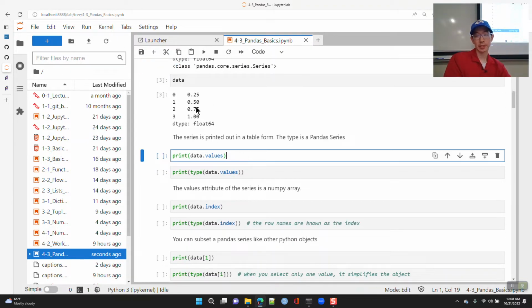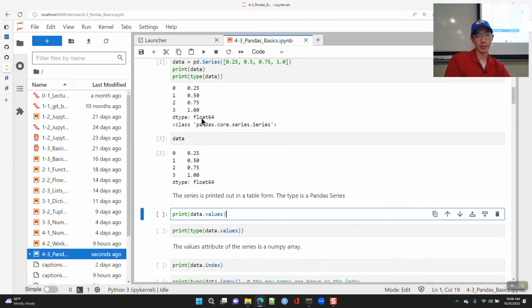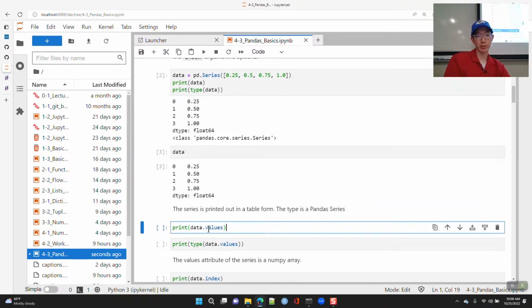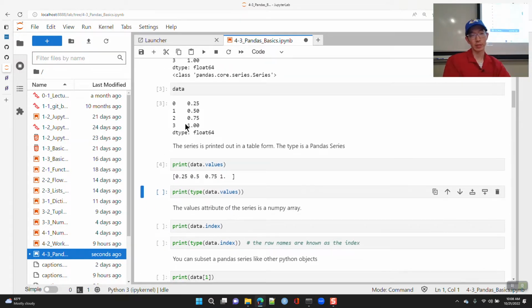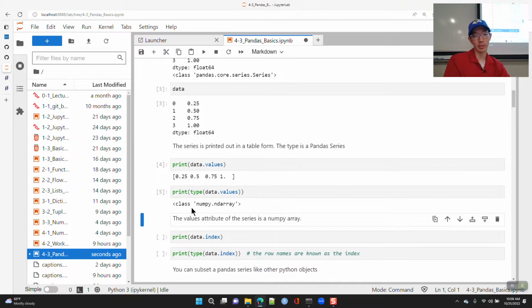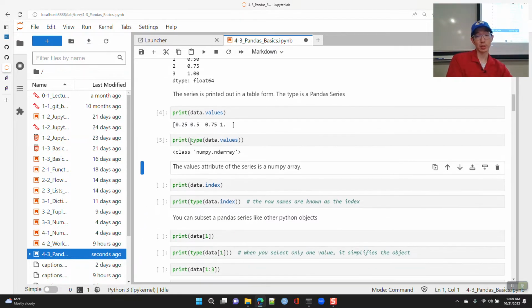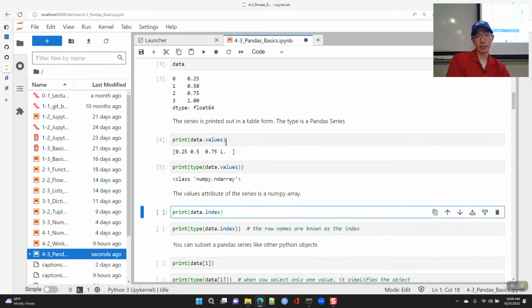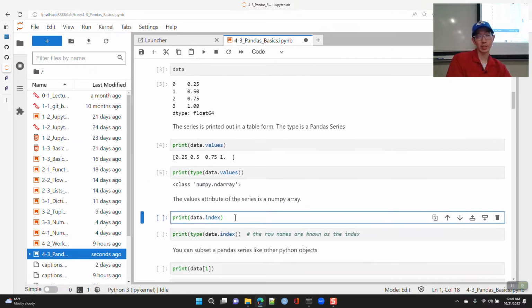Okay, you can get the values, and so the series will have an attribute called values, and this is a NumPy array. All right, so the values are an array, and if you ask what is the data type on this, it's a NumPy array. So Pandas series are NumPy arrays, again, with an index attached to it. That same series has another attribute called the index,